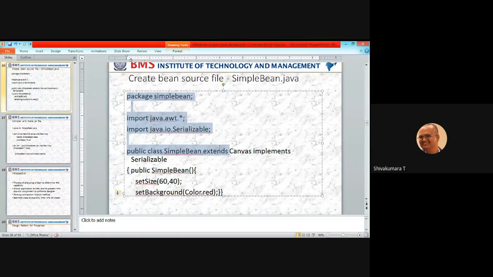You are creating the simple bean, which extends Canvas and implements the Serializable interface. The simple bean constructor is used to set the size of the canvas and the background color of that canvas. The color is red, you set.